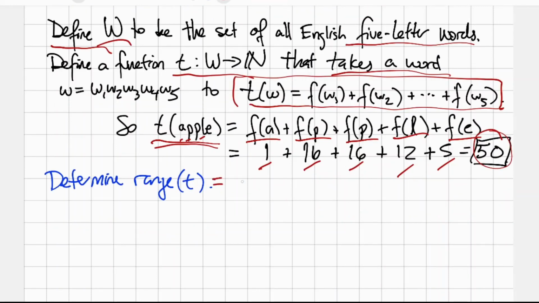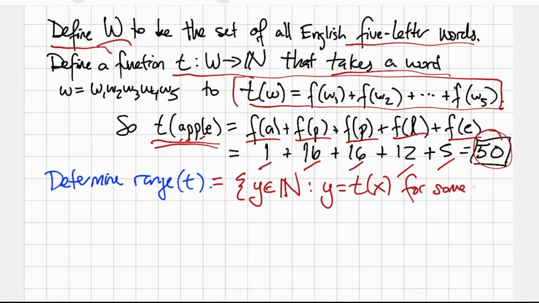Well, the range here is going to be the set of all y in N such that y is equal to T of x for some word x in W. That's probably the best way to describe this. We could probably write a computer program to take in the set of all 5-letter words, calculate this value for each of them, and then we would see these numbers